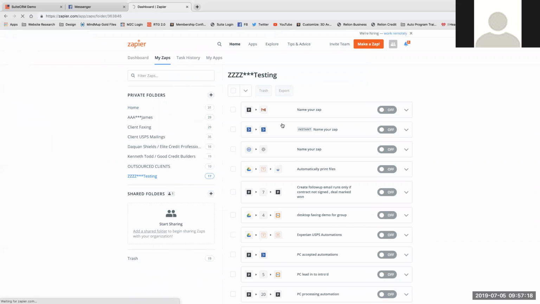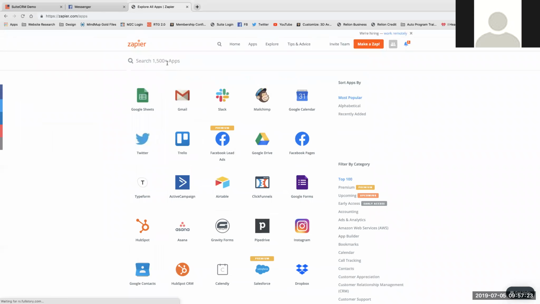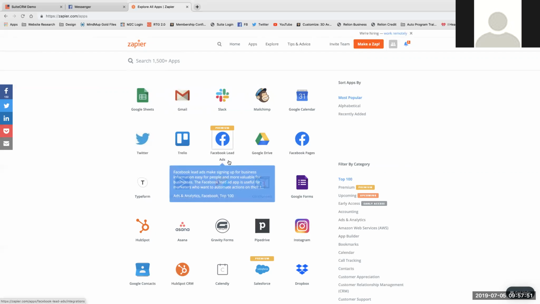So let's bring this up. All right. So you have over 1,500 different softwares to connect. So if you only have 1 or 2, getting the software to connect to Zapier is not a big deal. It's an API. It says, hey, I'm here. I'm available to be used. It's the ability for Zapier to recognize that something has changed within your software. So if you add a new client, then it can recognize that a new client's been added, and then you can access over 1,500 apps to perform actions, send out emails, send out text messages, make Facebook lead ads,